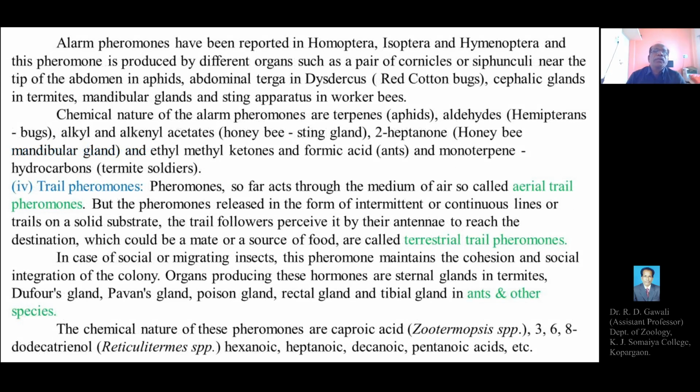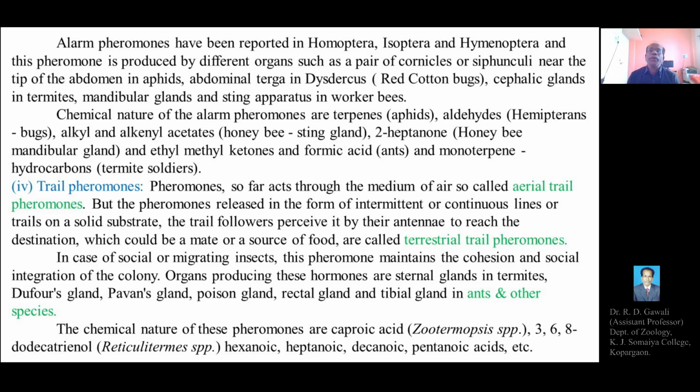So this is what about the alarm pheromones. Alarm pheromones have been reported in the Homoptera, Isoptera, and Hymenoptera insect orders. Homoptera includes aphids, Isoptera includes termites, and Hymenoptera includes bees, ants, and wasps. So alarm pheromones have been reported or produced by Homoptera, Isoptera, and Hymenoptera, and this pheromone is produced by different